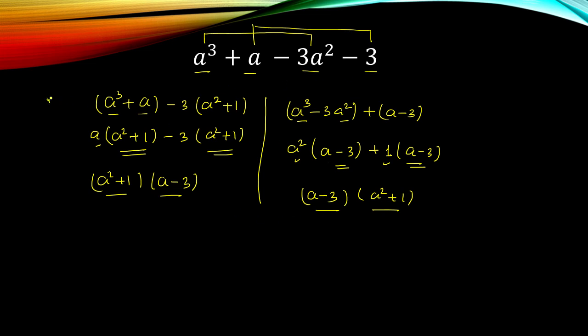Now this is the factorization of a polynomial by grouping. This is method 1 and this is method 2. Now moving forward,